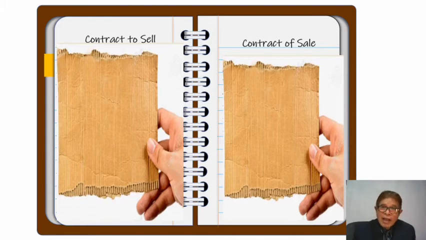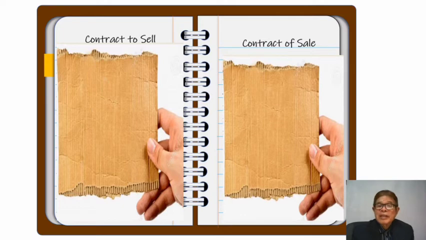And I was informed by the seller that she wanted to back out. So my commission was at stake. I tried to search what are the consequences of backing out from a contract of sale. I found out that